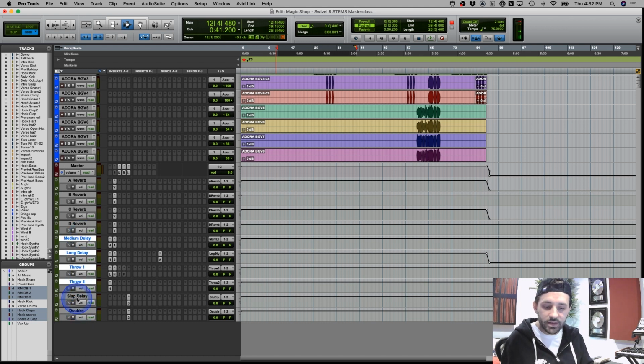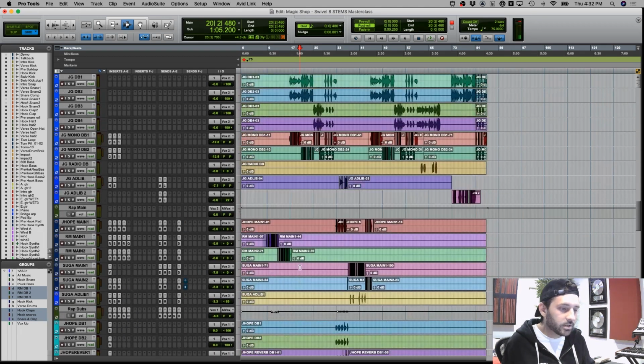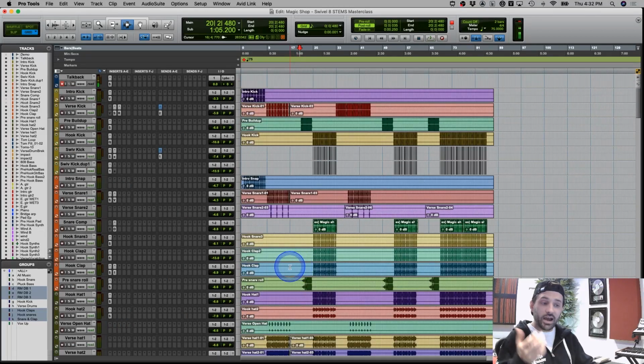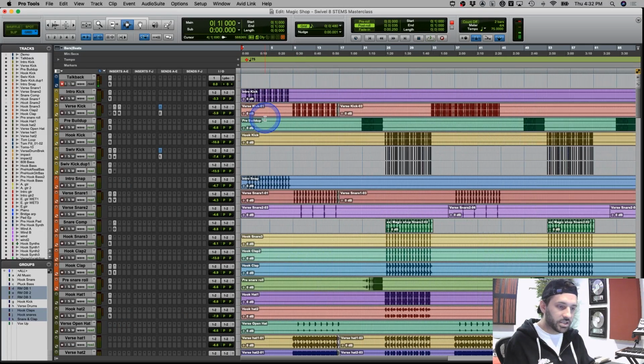And then we have a slap delay and a doubler that are technically also delays, but these are more echo delays, and these are more very short delays that help create width and space and size in a vocal, for example. So that is the entire session. And why don't we just go back up to the top and work our way down, and let's just dig into each sound and see what is